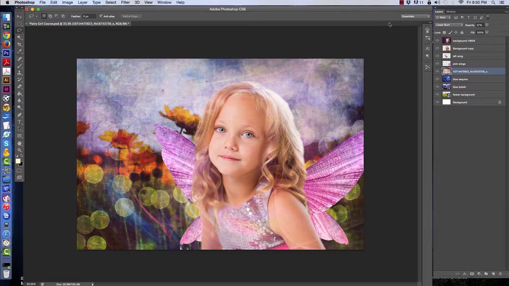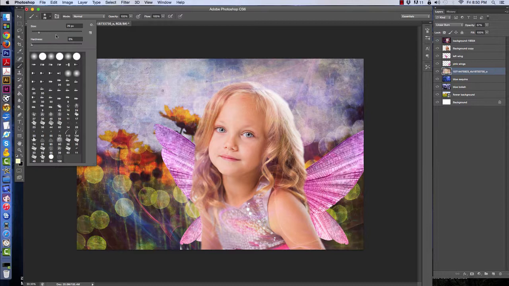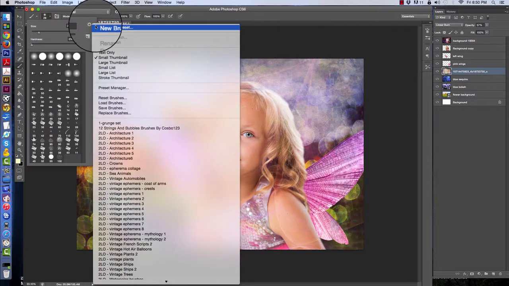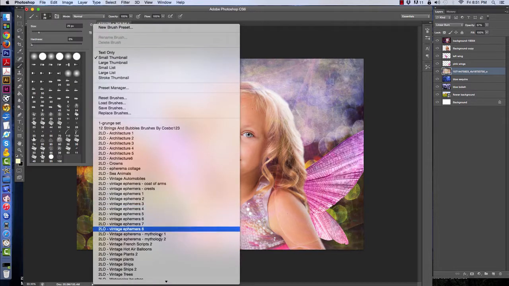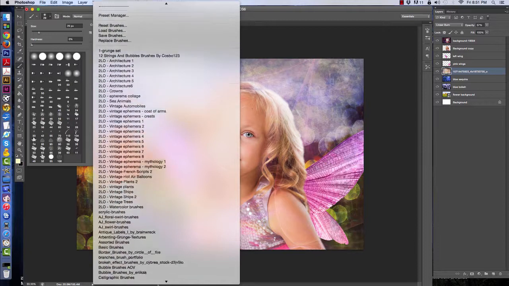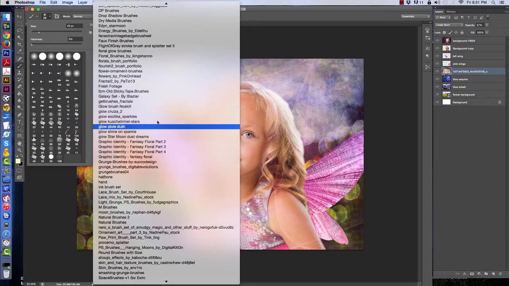Hopefully you've downloaded the brushes and they are ready to use and sitting in your brush palette. So let's go over to the brushes, grab our brush tool, go up to the brush sizes, and over here there's this little flower symbol. Go down and find your brushes that you want to use, and for this one we're going to use the